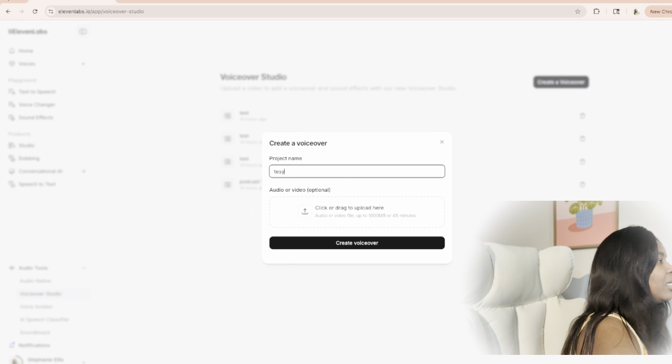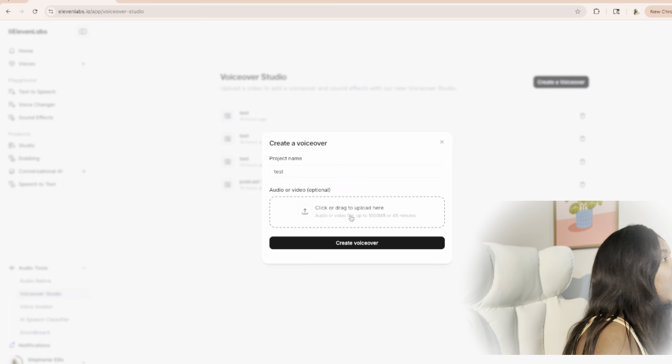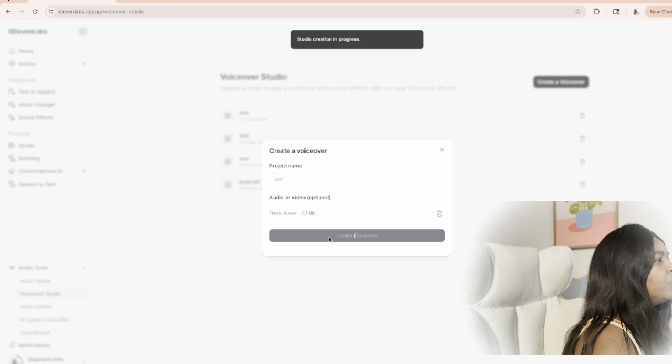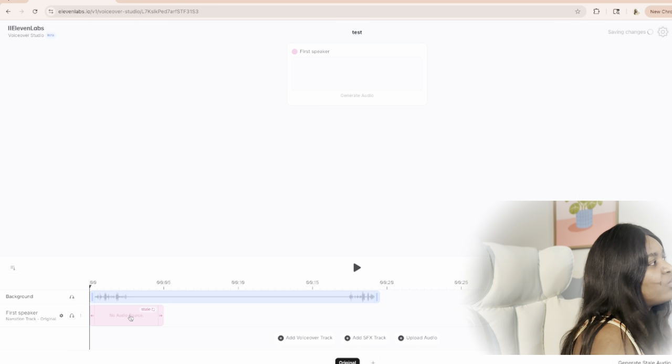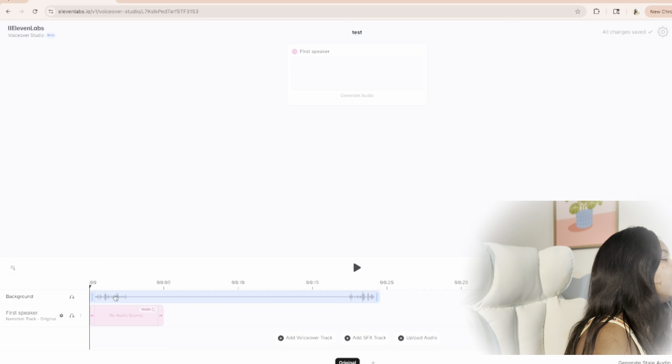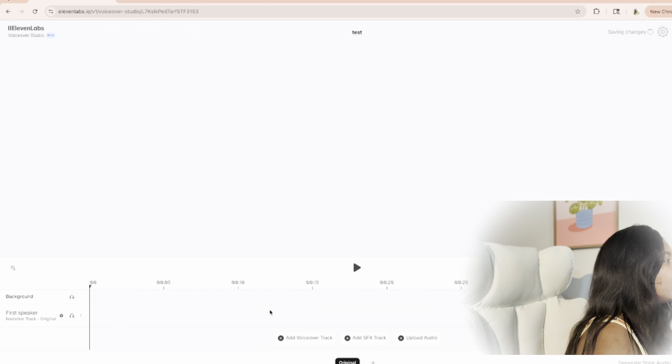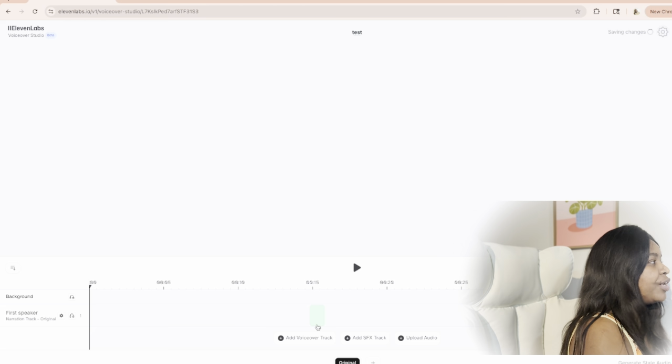You just need to enter a dummy project name, and you also have to upload a dummy audio. So I'm just going to upload a dummy audio in here. Once you upload a dummy audio, all you have to do is click on create voiceover. Creating a voiceover would bring you into this dashboard. I don't need this in here, so I'm just going to delete this one so that we have a fresh